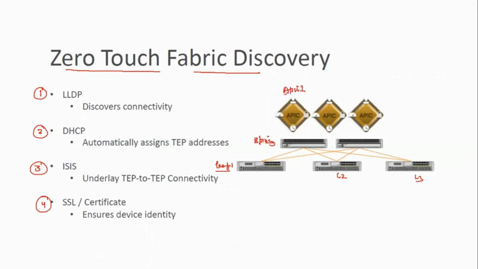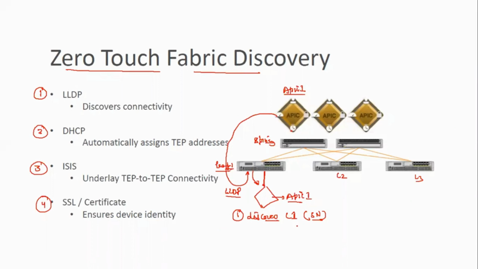Let's suppose you connected only epic 1, and epic will be connected on the leaf only. So here I connected the epic 1. What will happen? Leaf will send an LLDP message to the epic. As soon as the LLDP message reaches the epic, epic will discover leaf 1's serial number. So once you log into the epic, you will see the serial number of this leaf 1.